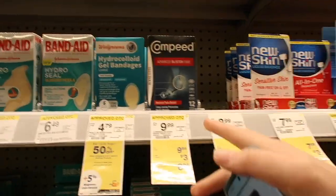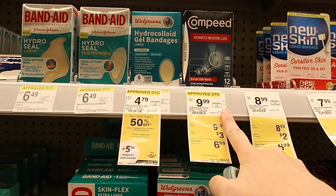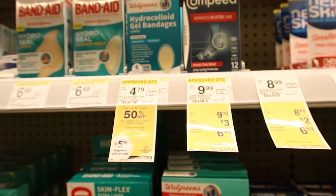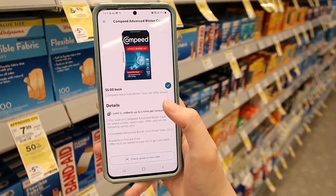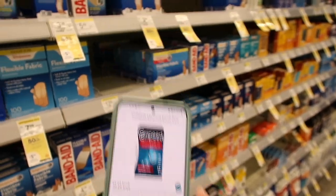Here is a great moneymaker this week, you guys. So the Compede, the regular boxes, the 12 count is $9 on sale. We currently have a $3 off coupon in the Walgreens booklet, and then we just received $5 off insert coupons. You guys would end up just paying $1.99 for one of these, but then you get a $5 rebate with IBOTTA. This is a limit of 1, but a $5 rebate, making this a